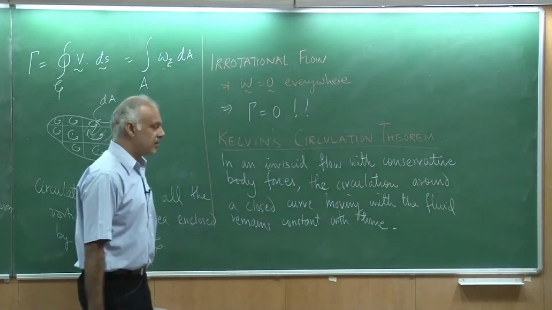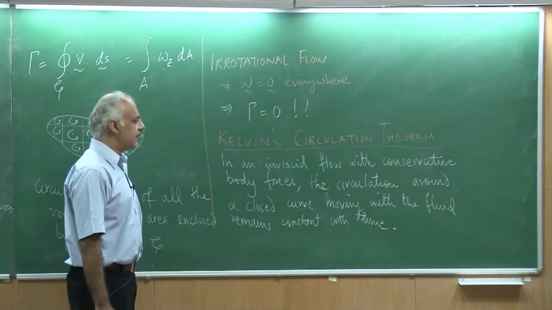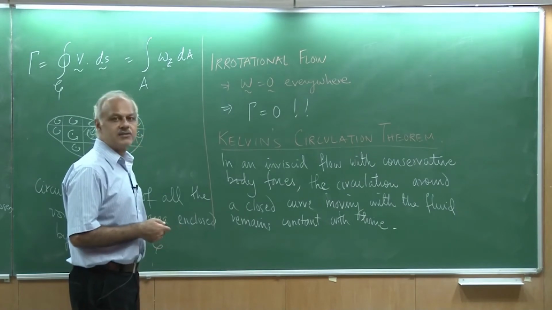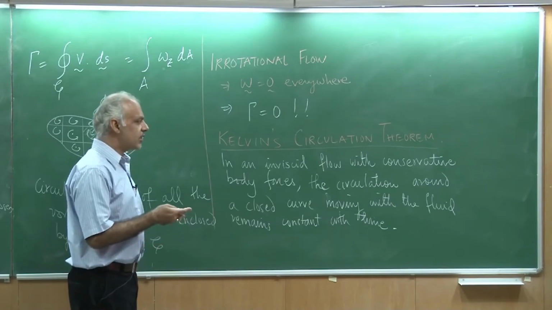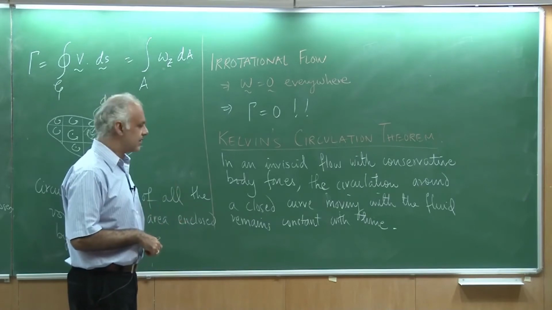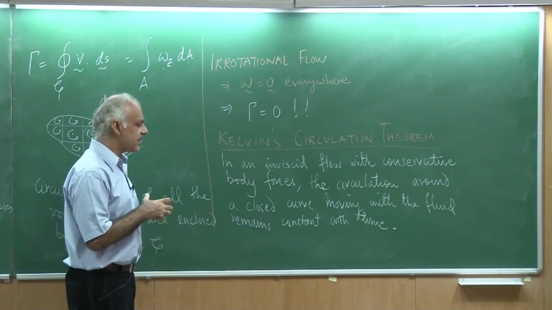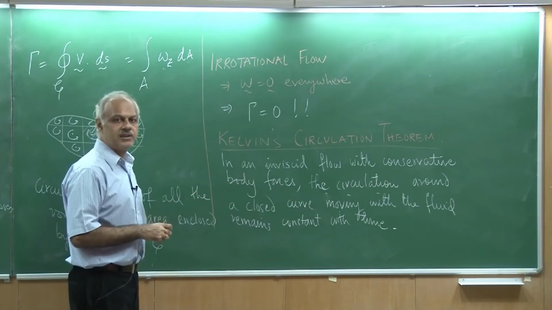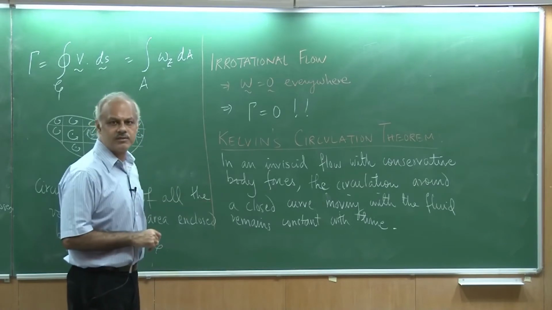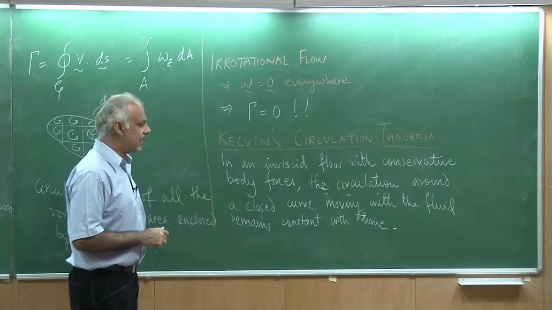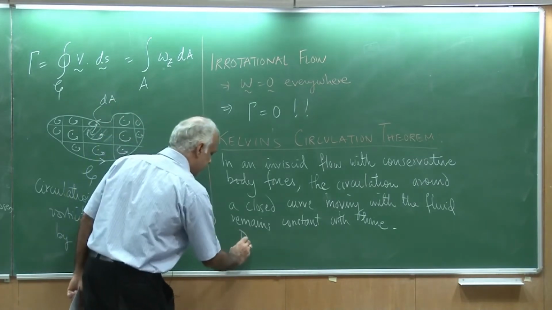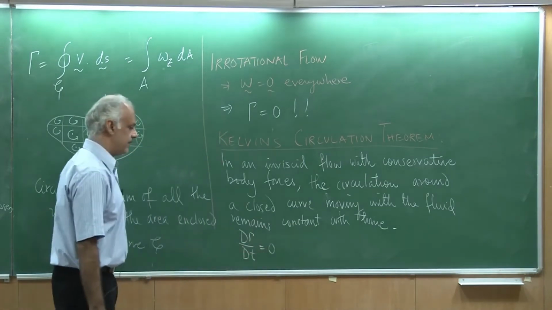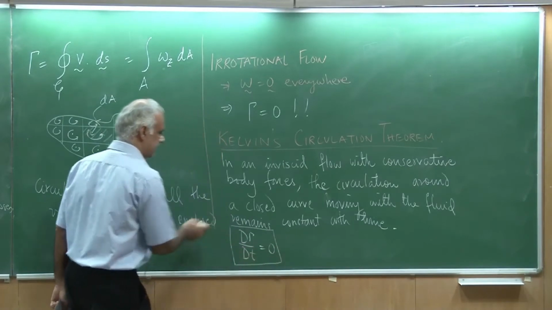with time. So, what Kelvin's theorem tells us is that if I have a flow and I decide on making a certain curve C, and that curve is going to obviously enclose certain fluid elements, but now I move this curve in time so that it encloses the same set of fluid elements at all times. So, essentially the curve moves with the flow, okay, it encloses exactly the same elements at all times. Then he says that the material rate of change is 0, which means d gamma dt is 0. So, this is Kelvin's theorem. It's a very important result.